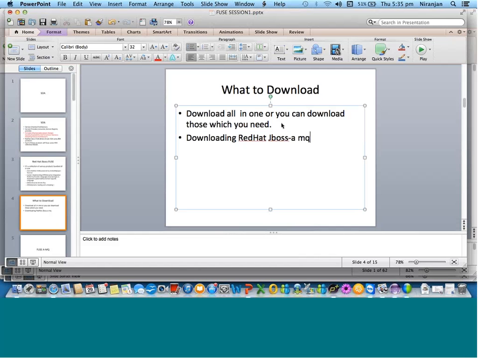Once you click on this URL, you have to enter a user ID and password. It means that you have to register. I will specify my user ID and password which you can use. User ID is Niranjan.Pandey5 and password is